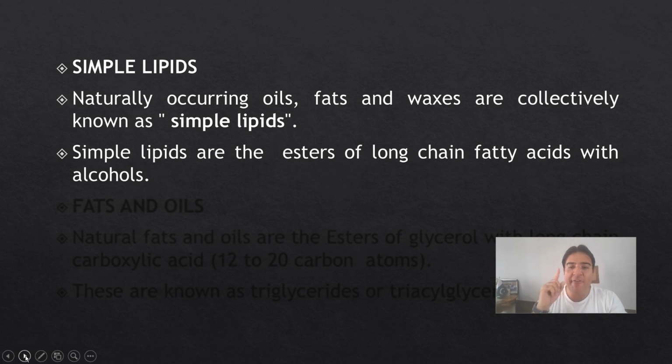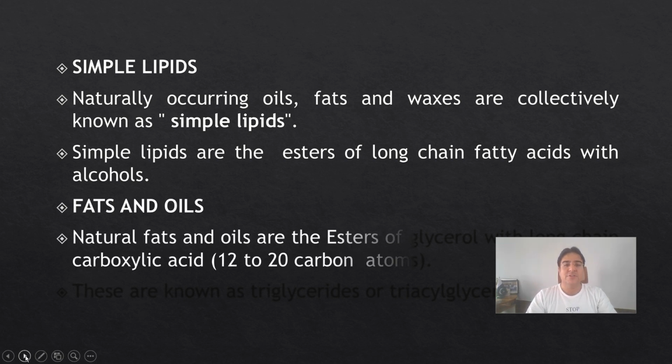So if you have one carboxylic group reacting with one OH, you make one ester. It's called monoester. If there are two OH, diester. If there are three OH groups, it's called triester. So basically, fats and lipids are triesters. Esters. Amino acids are amines and carboxylic acids, right? Fats and lipids are esters, chemically. Okay, so